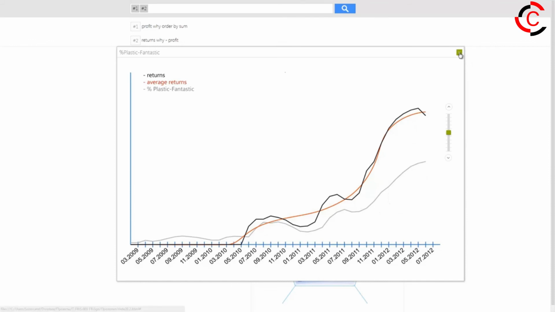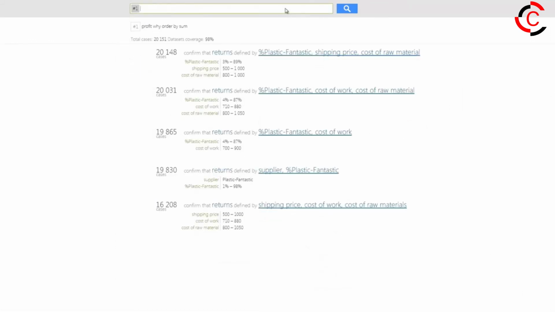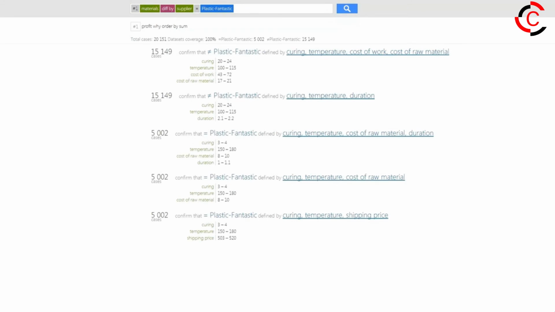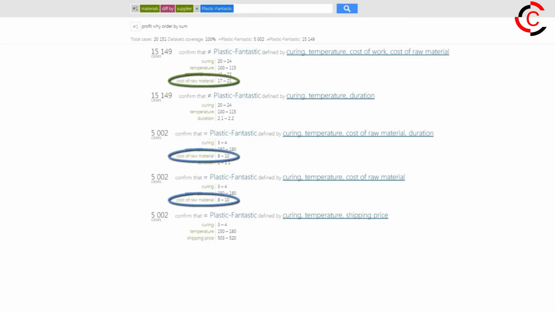There's no need for panic. To get the answers, we just need to ask FRiSgo to compare data we have on Plastic Fantastic with the data on other suppliers that I used to work with before. Even a once-over look at the results reveals the significant differences of the new material. Its price is cheaper. Now it comes back to me as to why we switched to this supplier. It differs by the technology of its use.